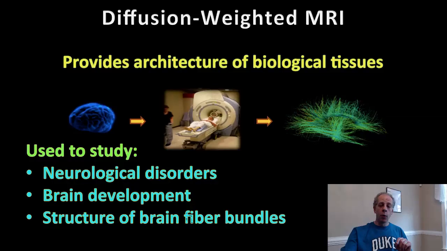We're going to start with a bit of a discussion on a relatively new modality which is called diffusion-weighted MRI, diffusion-weighted magnetic resonance imaging. MRI is very old and it has been a tremendous contribution to medicine. Diffusion-weighted MRI is, as I say, a relatively new technique. The reason I'm going to talk about it is because we're going to see a very surprising application of one of the tools that we have learned in the segmentation week, applied now to diffusion imaging